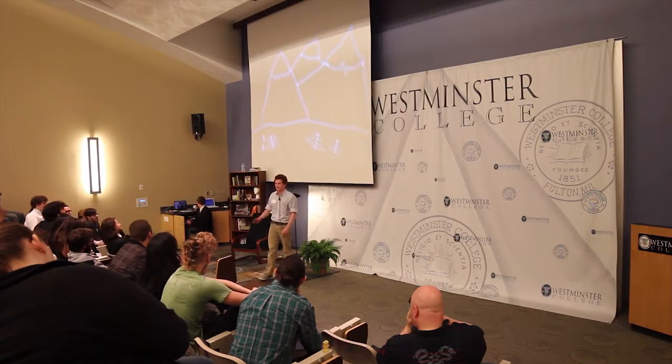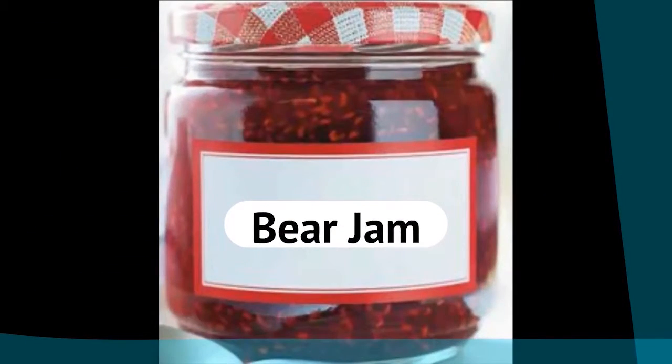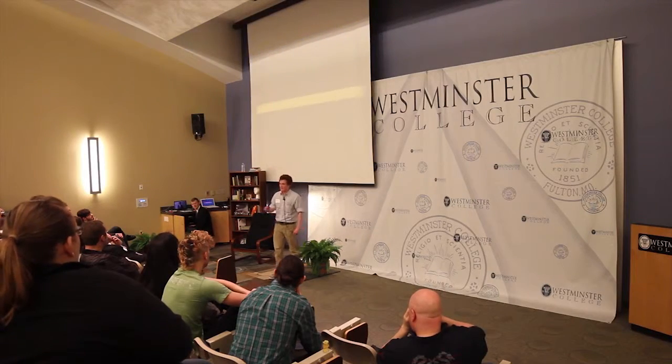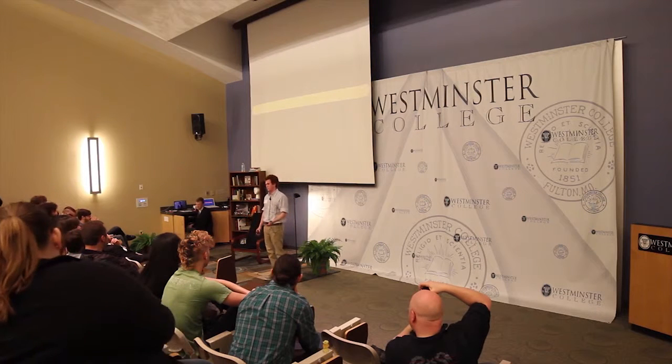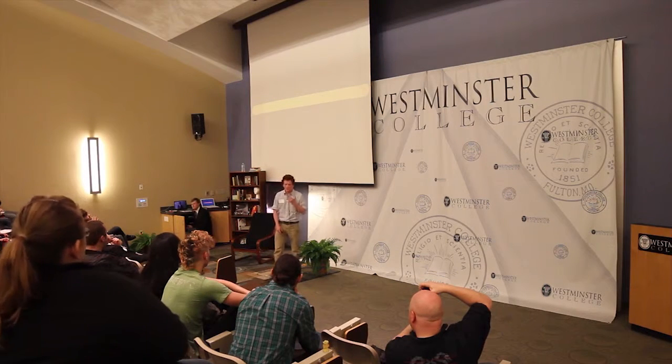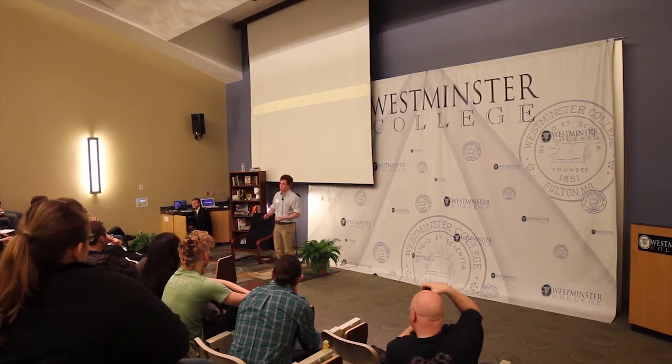And so the next thing I thought of was perhaps a huge jar of bear jam sitting on my mom's shelf in her kitchen, but I realized that didn't really make sense either. And then I subsequently realized that it's just a traffic jam that's caused by people looking at bears as they're just out doing their thing in the forest. But it got me to think about the way that we conceptualize language, the way that we conceptualize symbols in our heads. And so I wanted to give a few examples, starting off with perhaps one of the simplest